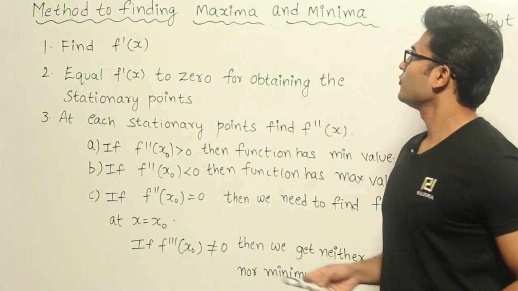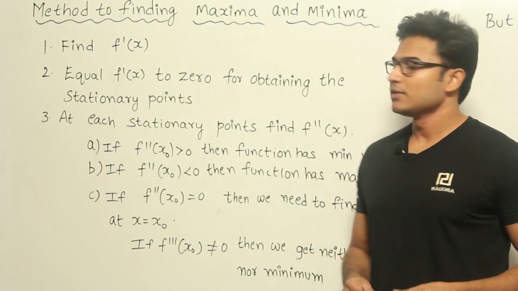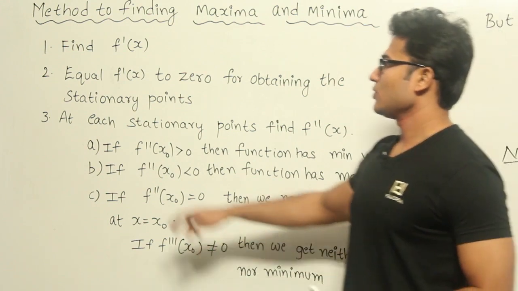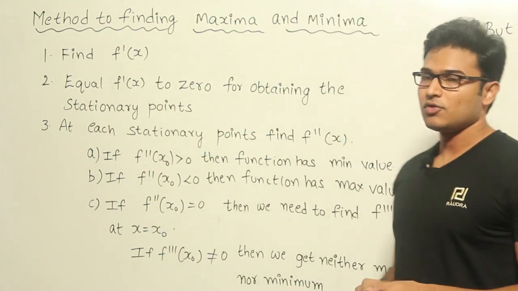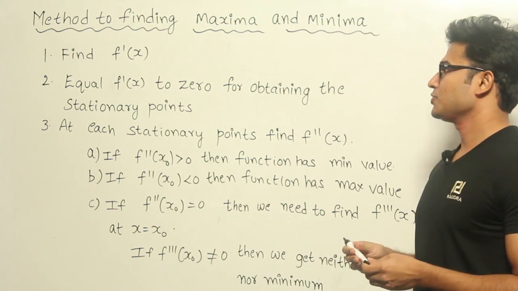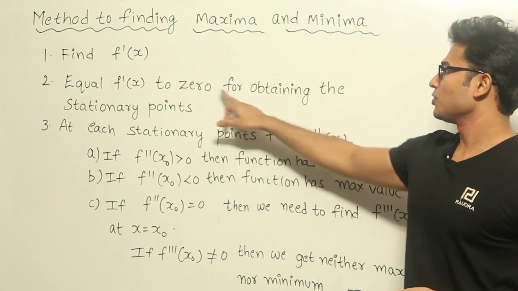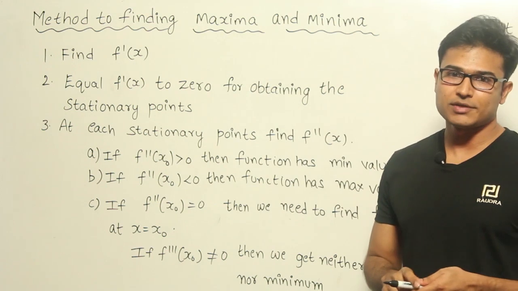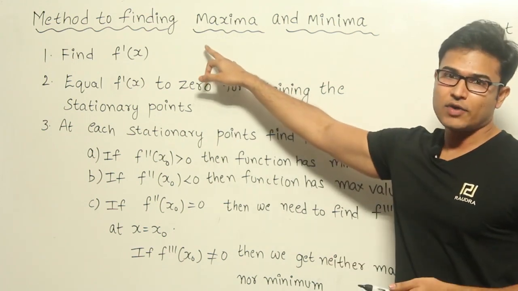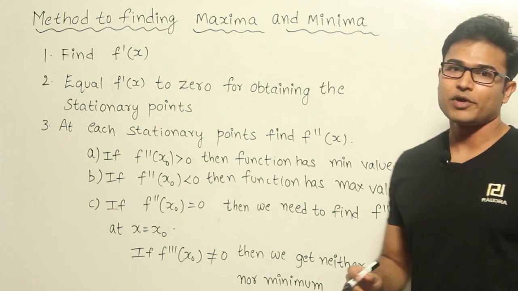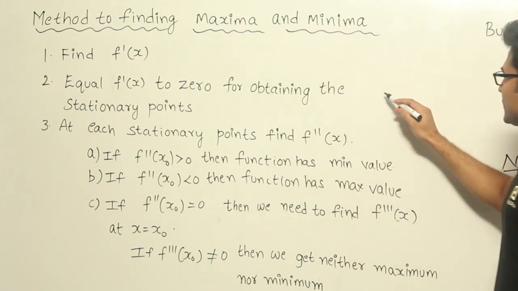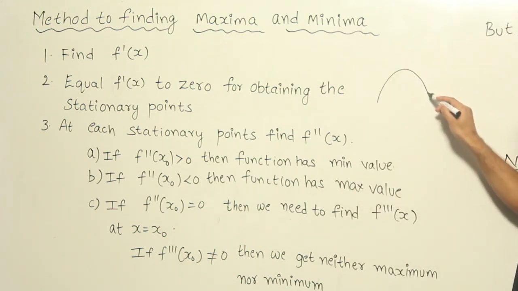Now let's see this topic of finding out the maxima and minima. In order to find the maxima and minima of a function, you are supposed to find f dash of x. After finding f dash of x, you have to equate it to 0 for finding the stationary points. So step 1 is to find the first derivative, and step 2 is to find the stationary points. What I mean by this is, if you have a function like this,